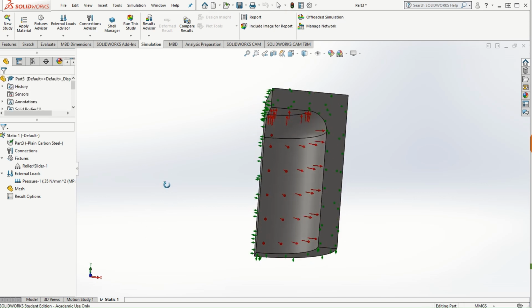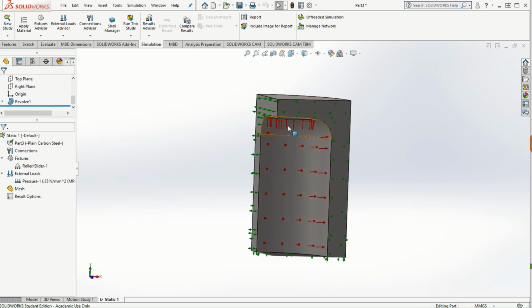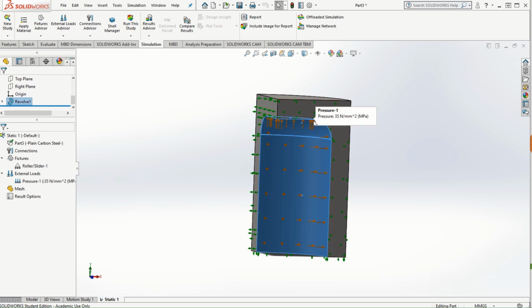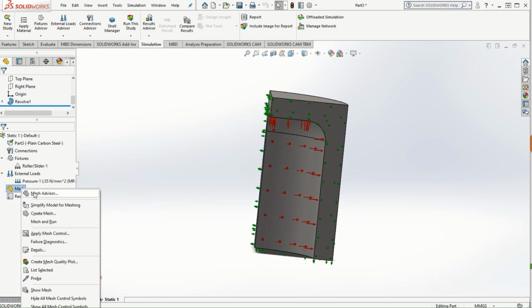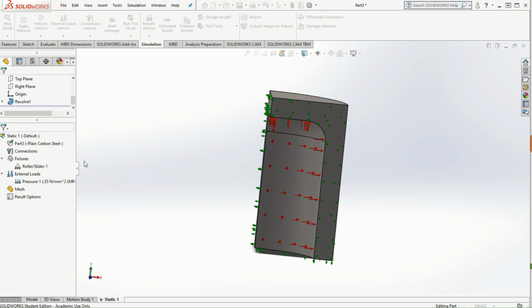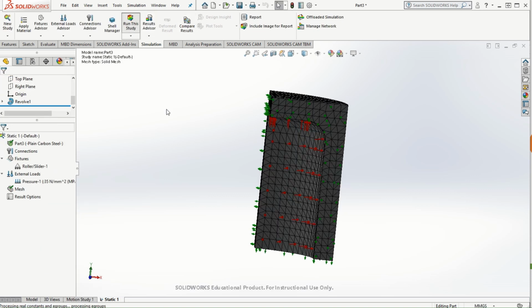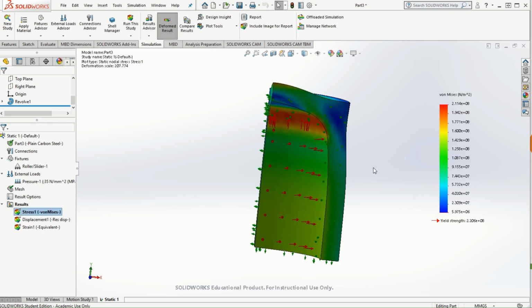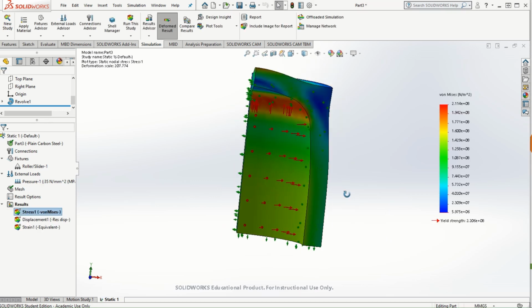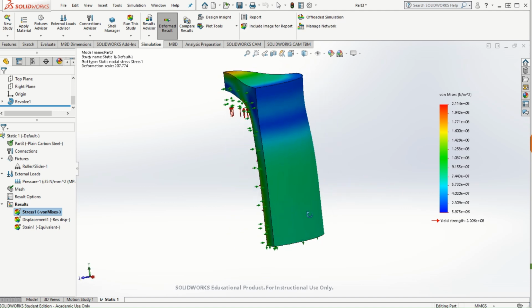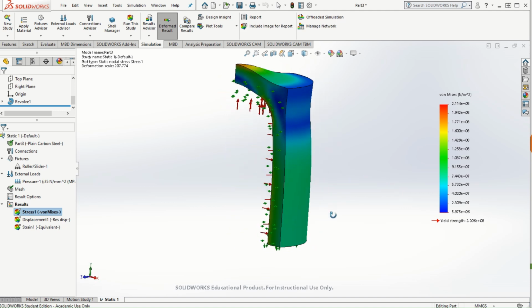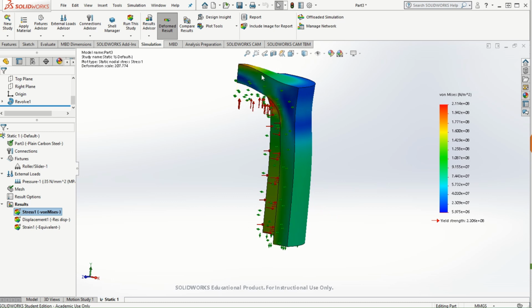All right, and then you can refine the mesh, obviously around the edges where you can see that there will be higher concentration of the stress. But at this point, let me just run this simulation study with the default mesh. So I'm just going to go to create mesh, and then I will just simply run this study. Okay, and so this is the result that we get, that there is a lot of pressure acting on